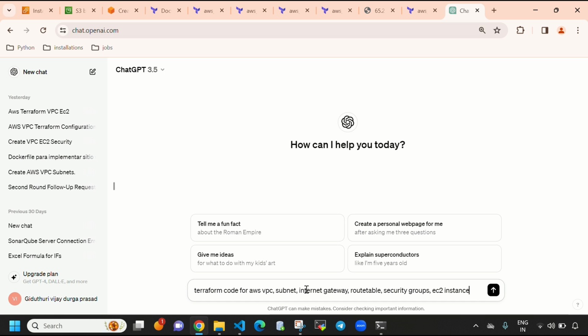You can give whatever you want, guys. Let's give another, RDS. Let's give S3. Terraform code for AWS VPC, and you can see when I search here,